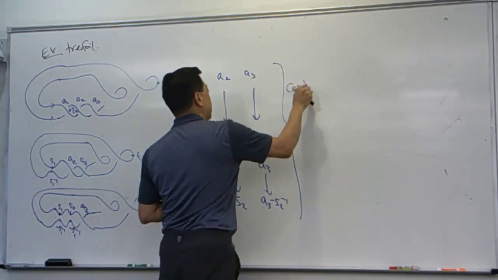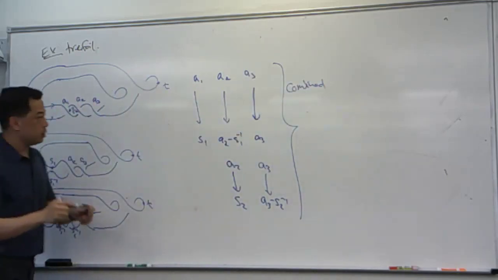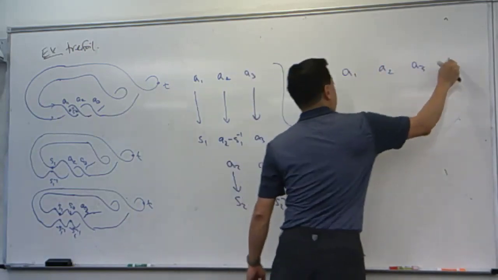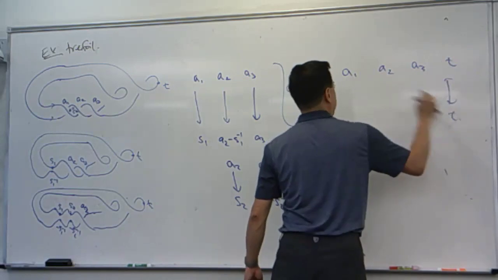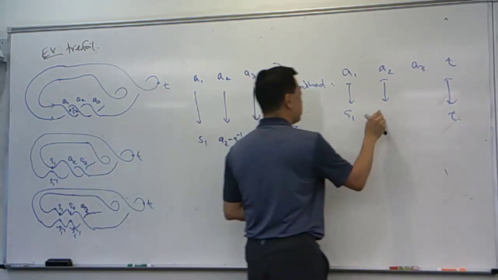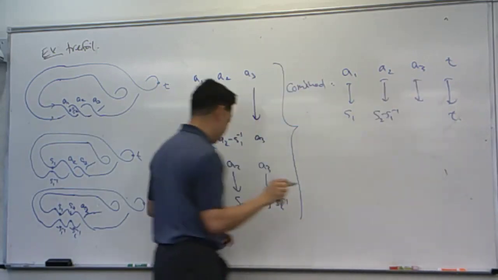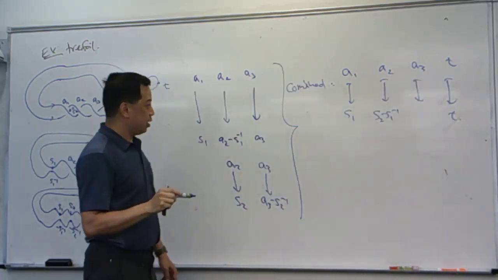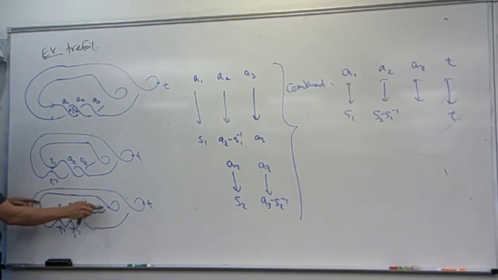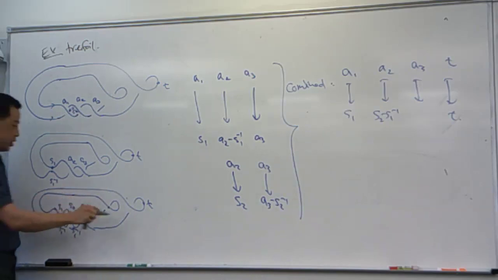So if you concatenate these maps, what you get is A1, A2, A3, and there's a T also around. T gets mapped to T, A1 gets mapped to S1, A2 gets mapped to S2 minus S1 inverse, and A3 gets mapped to, sorry. So this is the unknot here, but the unknot has a unique augmentation, which you can sort of see. This red chord right here, the differential of it is 1 plus S1 times S2 times A3. So there's a unique augmentation,